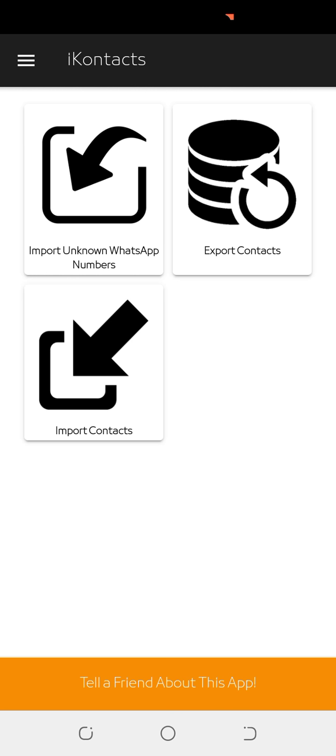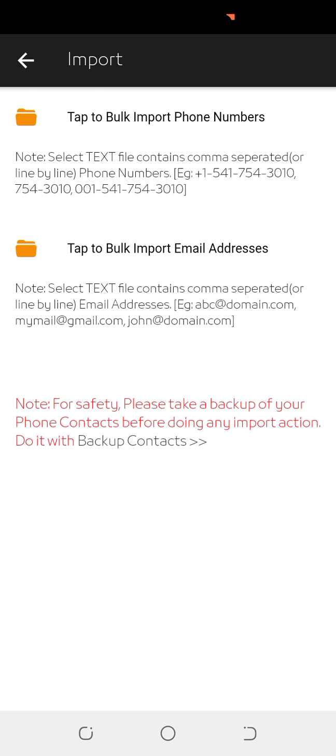So we are going to focus on this. All right, we want to import contacts. When you are importing contacts, you see it gives you tap to bulk import phone numbers or tap to bulk import email addresses. We are not focusing on email addresses right now because we do not have the email addresses of all of these people. I have contacts with email addresses, but what's more important is that we want to import bulk phone numbers. So if I tap here, then you see,